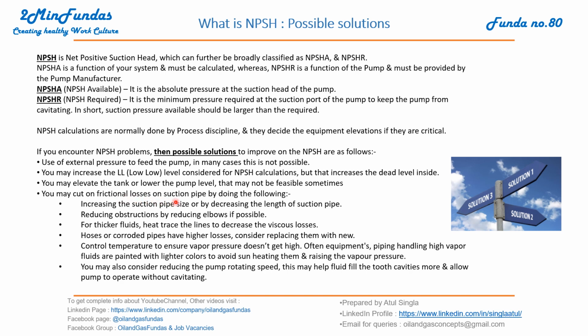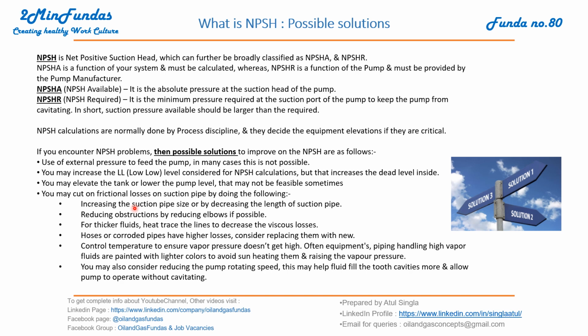This is implemented at some places where we have to raise the equipment, but in that case, other costs involved may increase. For example, if we are raising the vessel, the foundation cost, concrete cost, and connecting piping length cost, everything increases. So this is not a feasible solution, but if you don't have any option, then we have to do that. Lower the pump elevation can be looked into, but we cannot go underground. So these are the options, but we have to implement them if we have no other option.